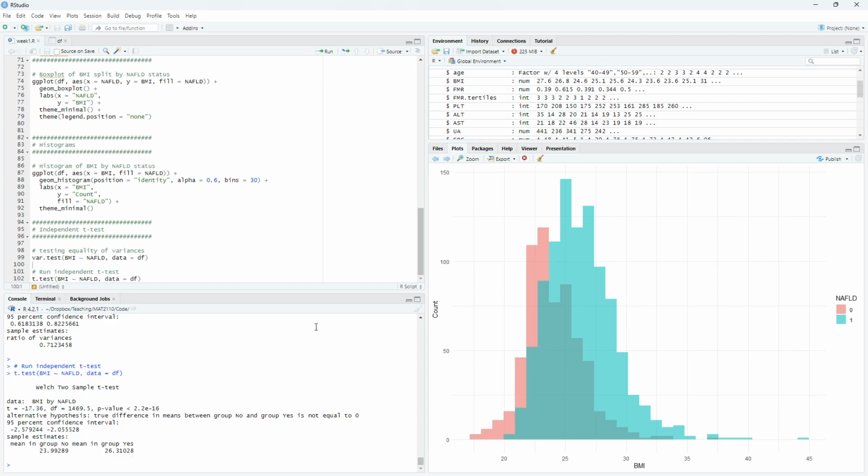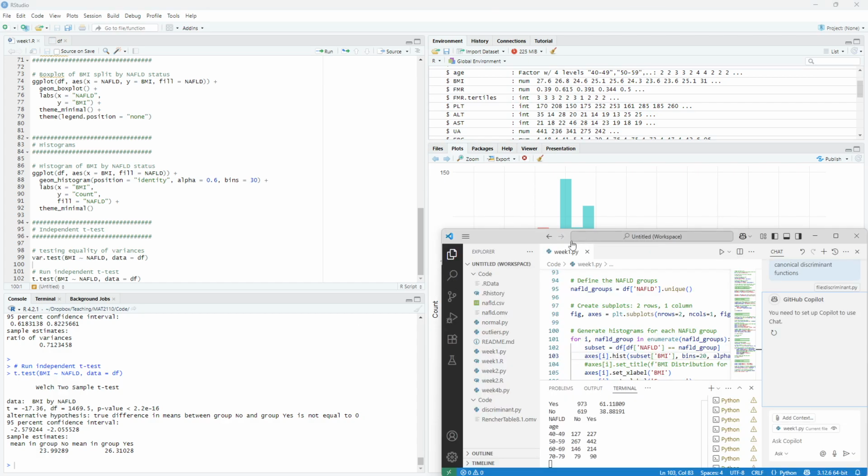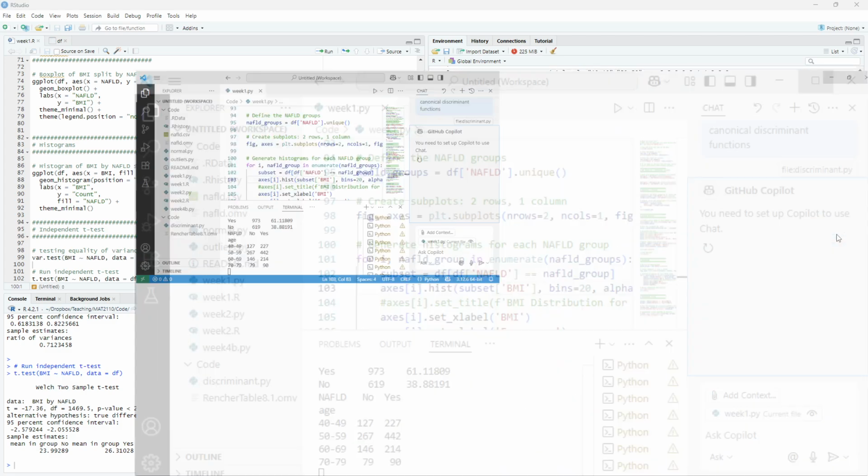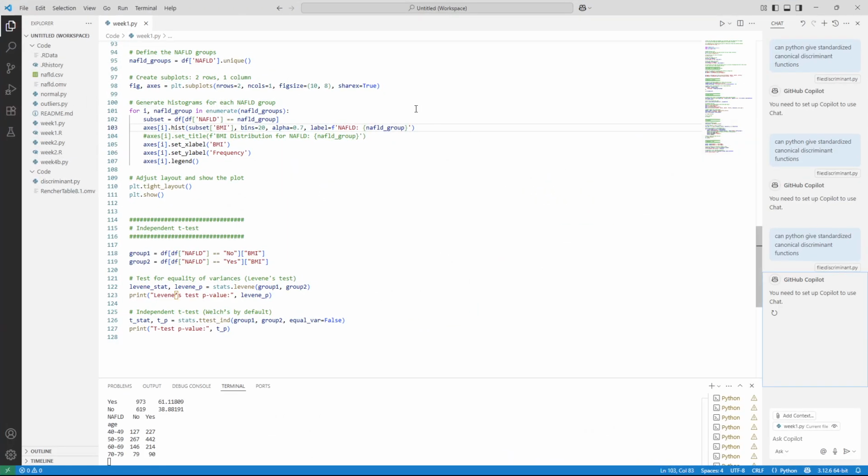So that is RStudio. And lastly, we will do a really quick tour through Python. Now, I've got Python open in VS Code, but you could use a different development environment. So again, we have a language, which is Python, and then we have the environment we're looking at it in. The difference here between Python and